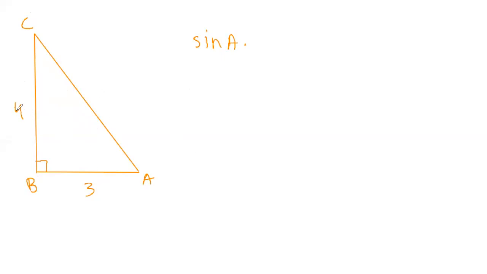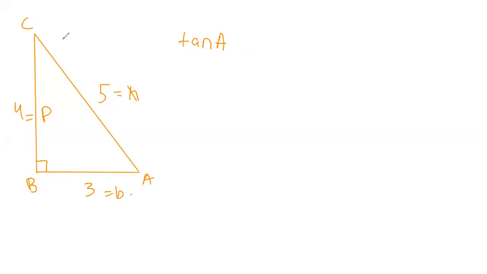So 4 whole square is 16, 3 whole square is 9, so 16 plus 9 is 25, and 25's whole root is 5. Okay, so this is the hypotenuse, this is the perpendicular, and this is the base. What this question is trying to say is, I'm just taking an example. If you're getting confused whether this is a question or not, I'll just take tan theta or tan A for a more accurate precision.